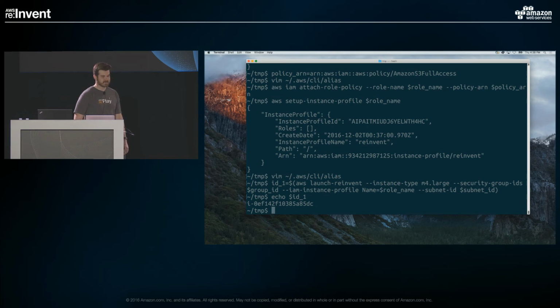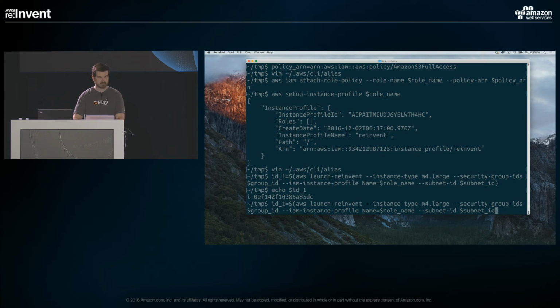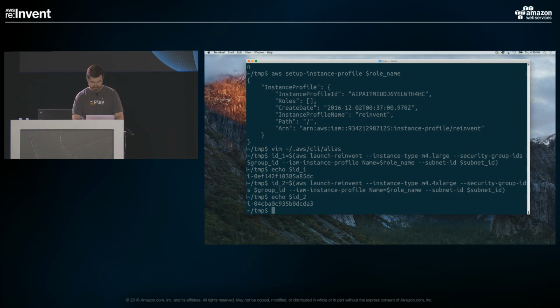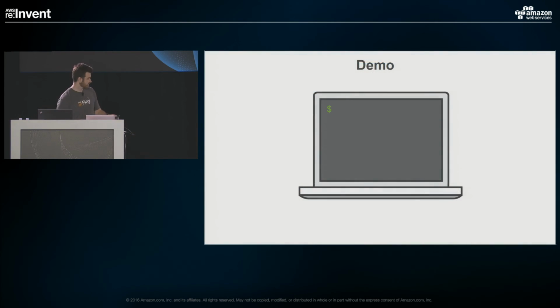So now that I have an instance that's getting launched, I'm going to go ahead and spin up a second instance for the sake of the next demonstration. This instance is going to be a bit larger. So now let me check to make sure that this is correct as well. And it is. OK, so as these instances are getting launched, let's go back and talk about the key takeaways